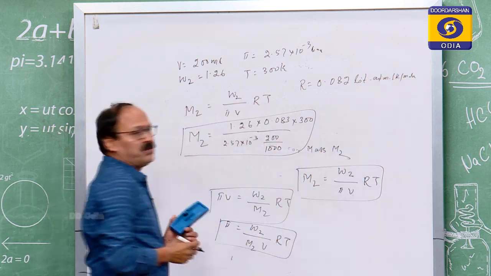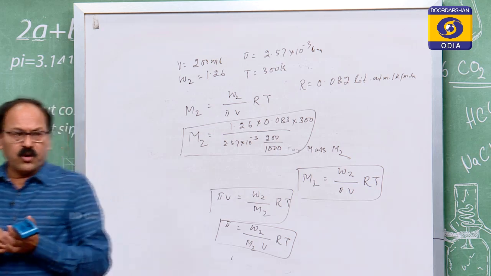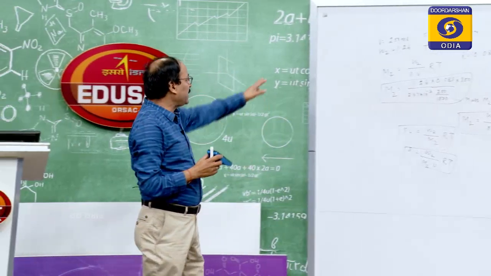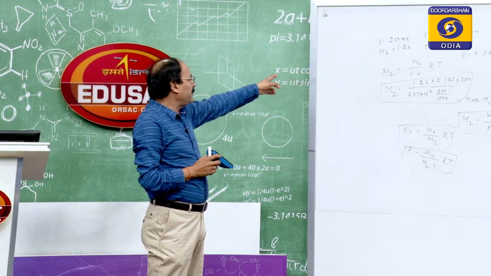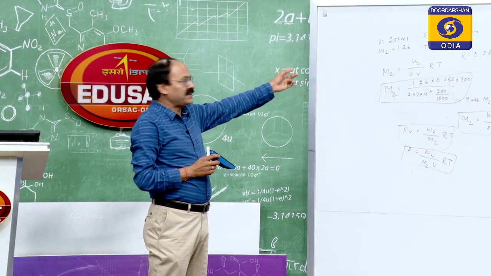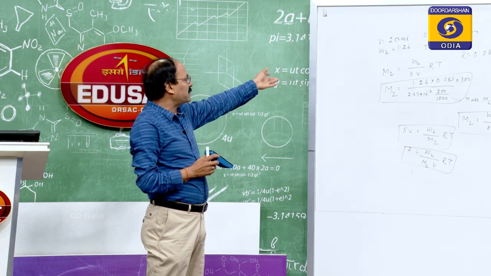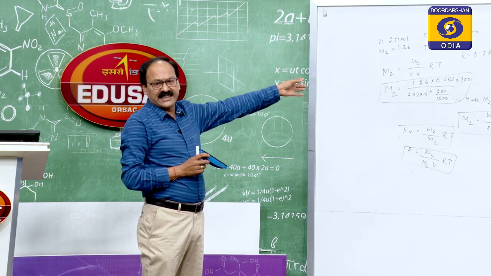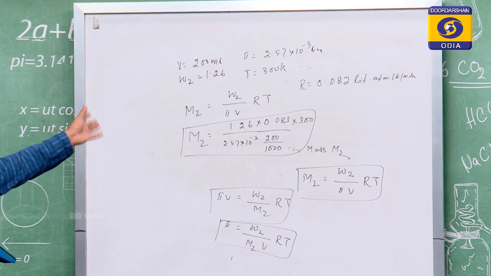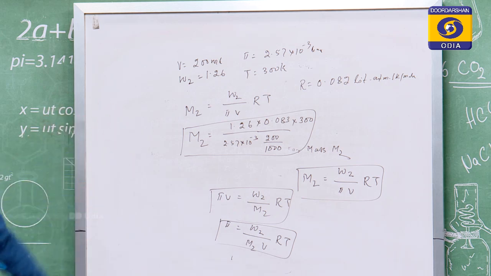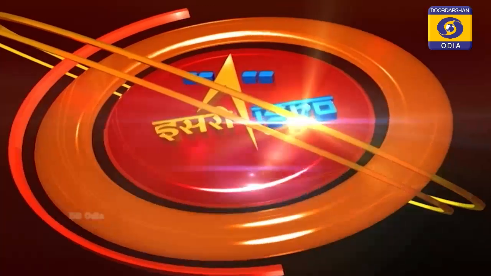So, while doing numericals, you must look into what is given, whether it is given in milliliter or liter, whether it is given in gram or milligram. If it is given in milligram, you convert into gram. If it is in milliliter, you convert to liters. Temperature is very often given in degree centigrade, so you will convert into Kelvin by adding 273. Then pressure is in bar or atmosphere, the same thing. So, you will calculate the numericals in this way. So, this is your osmosis.